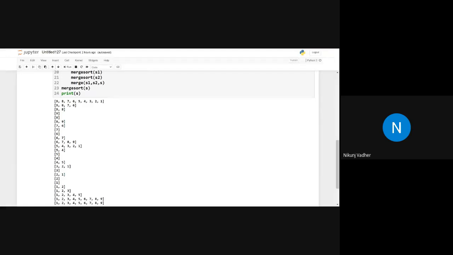Now, the next question is: let's take a very popular example of a recursive algorithm. The time complexity of most of these recursive algorithms will be in logarithmic form only.